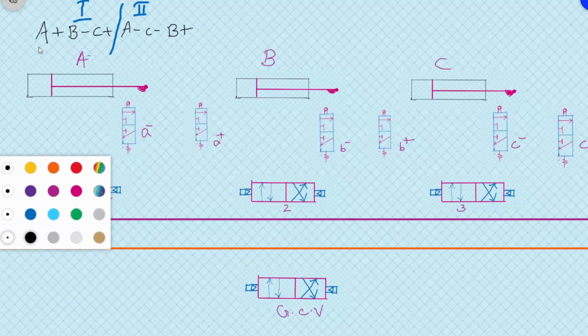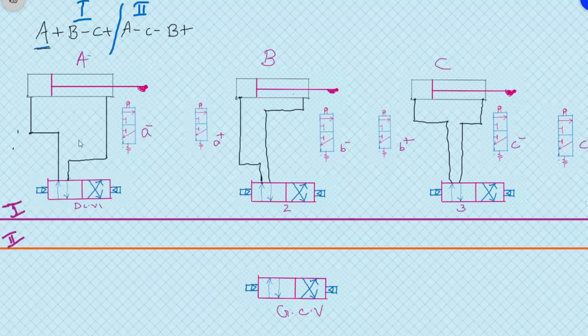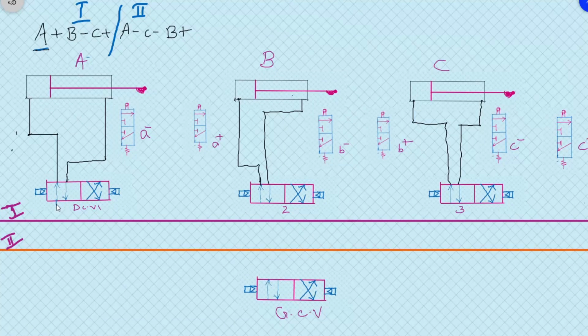As there are 2 pressure lines, we will be changing it during the operation. For the first group, the first pressure line is used, and for the second group, the second pressure line is used. From the DCVs, all the actuators have already been connected with the flow lines, and the DCVs are connected to the compressor. As we are designing it for pneumatic here, they are connected to the compressor, and the exhaust is simply left to the atmosphere.